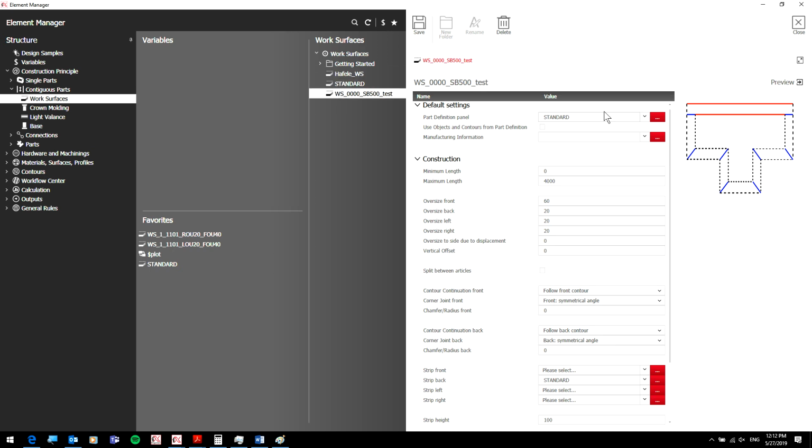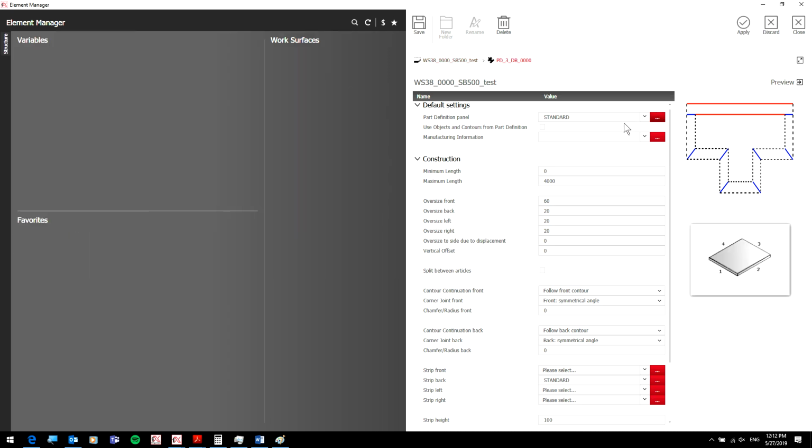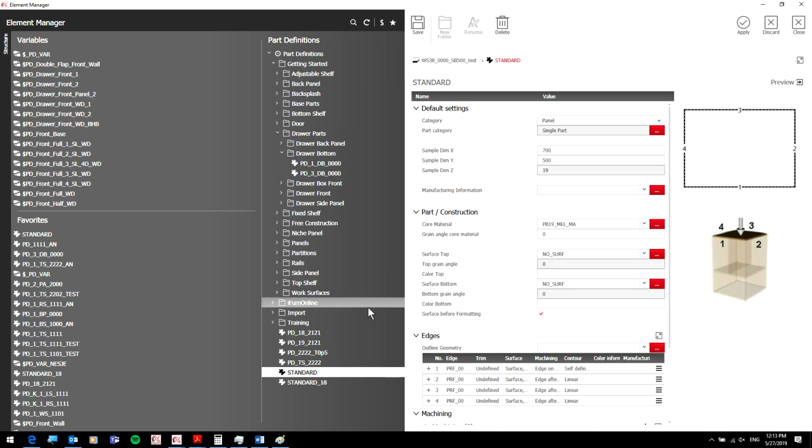So we go like this and we could say also how big is it, let's say 38. So we go here and we pick the part definition and we pick, alright,